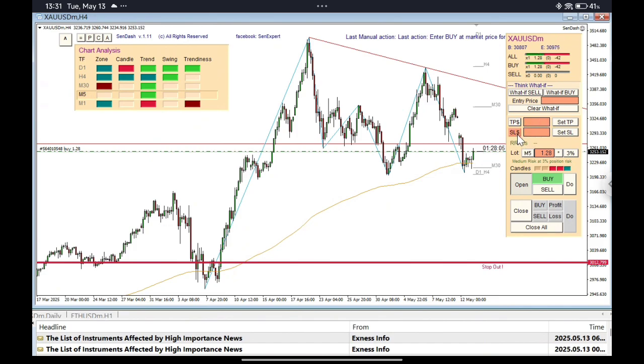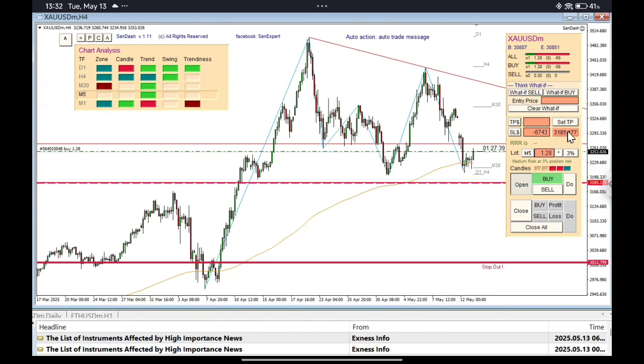And then I click here to set a stop loss. If you want to redo it, just repeat clicking the button here. Click it, it will turn off. Click it again, it turns on. Click it again, turn off. Okay, so I click it again to turn it on and set the stop loss price here. And then click here to activate SenDash to wait and take action for you. It sets our stop loss price, and it also watches for this loss at this price to close